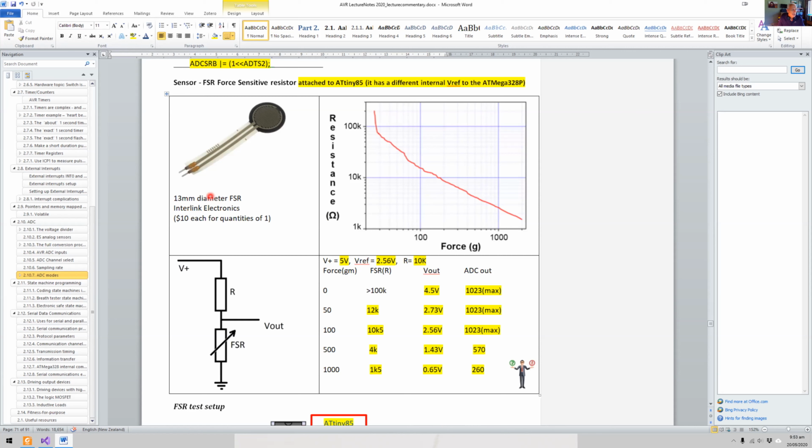And an FSR is a force sensitive resistor. They're about, this one is about 13 millimeters in diameter. They come as long strips. They come as big square pads. There's all sorts of different versions of FSRs. And basically it's sort of